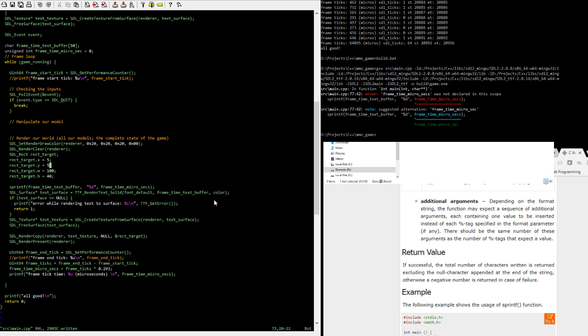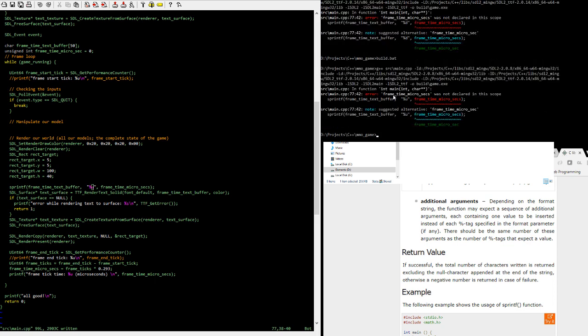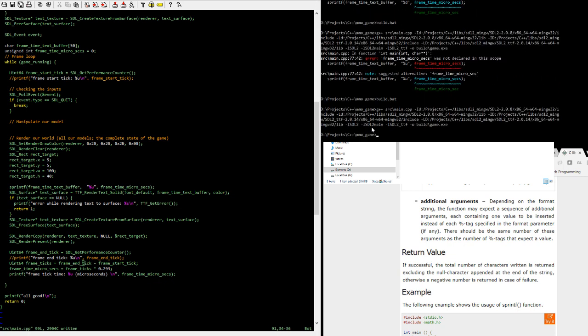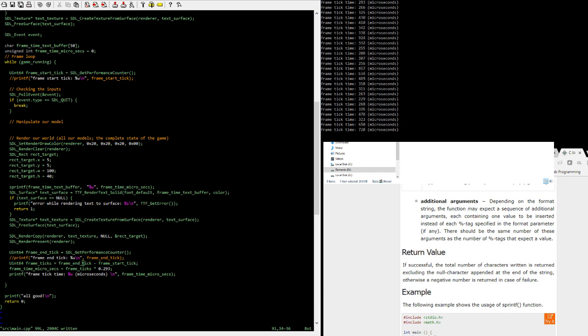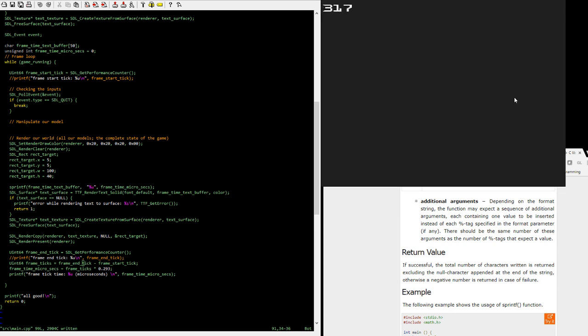Yeah, I mean, that's okay. Frame time microseconds, because that must be... Oh, okay, frame time microsecs. I remember I made a small mistake here. And that's actually working. So you see, we are in that range,